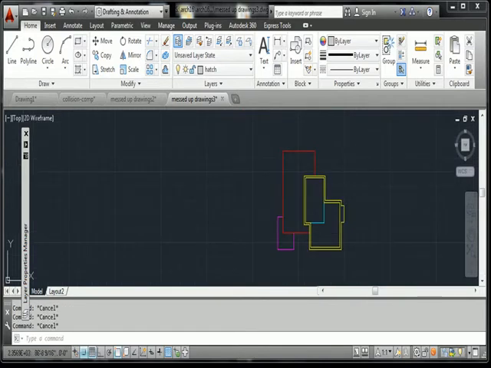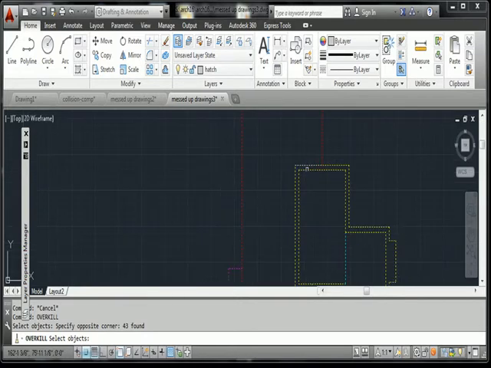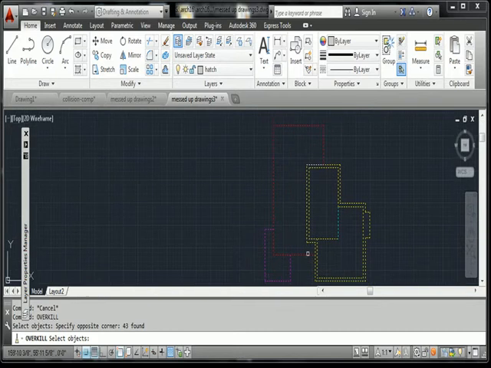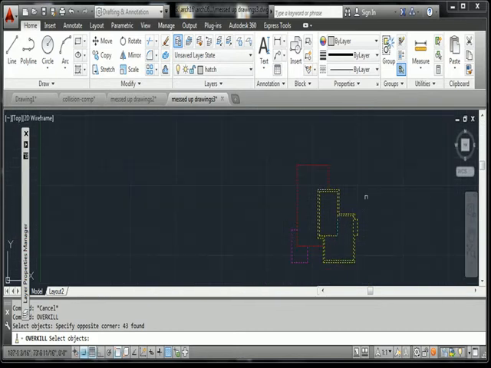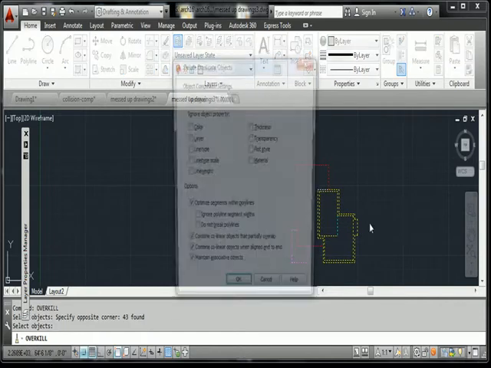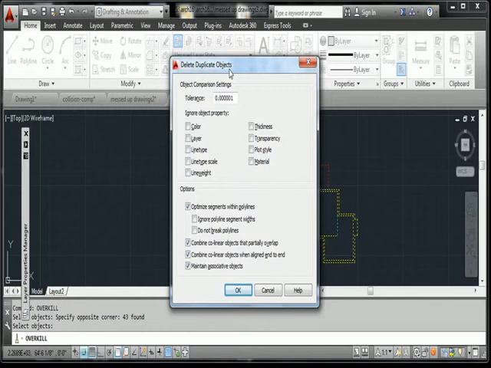or use a command called Overkill. Overkill, enter, and select all the lines. And I see right here when I select these that there are lines. There's a white line back here, there's a line of course here, and there might be a few more that we don't know about. But select that, overkill option and enter, and the duplicate layer object